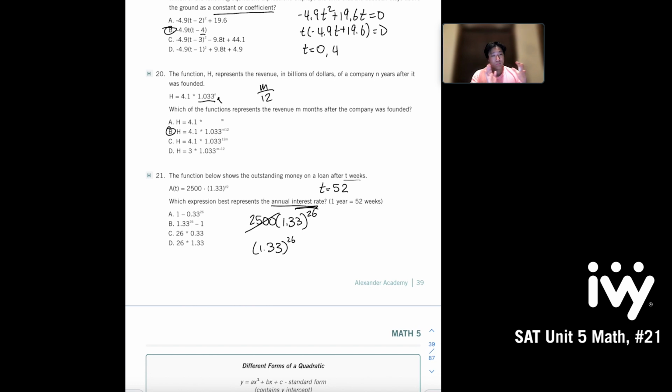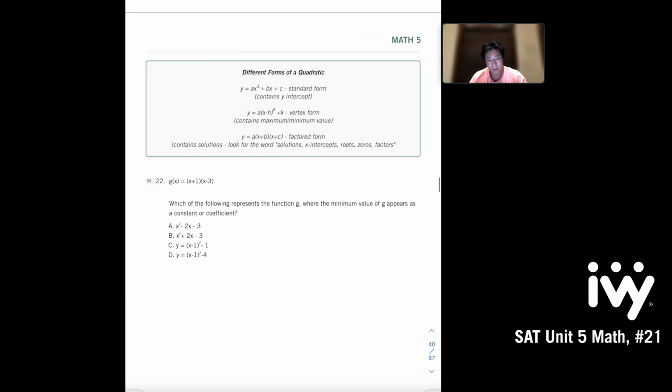However, this is just the multiplier, and we have to subtract out the principal from here too, which is actually just this one component here. So all we have to do is subtract 1 to get rid of the principal and leave just the interest portion. So this is the answer choice B. Okay,